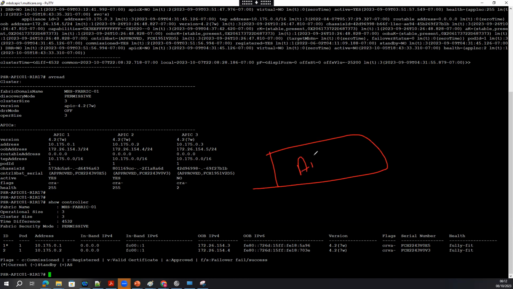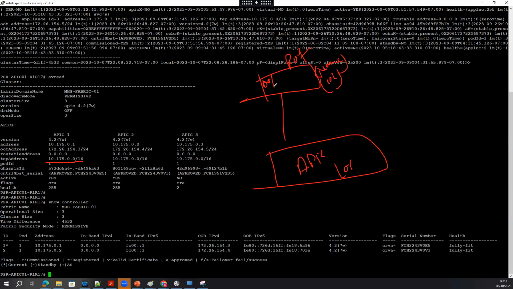Yes, this is the APIC. In APIC, say a 101 node is connected to it, and this 101 node is rebooted. Unless you change the name of the node and the node ID, APIC will not assign a new IP address.